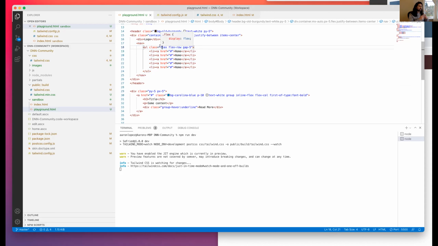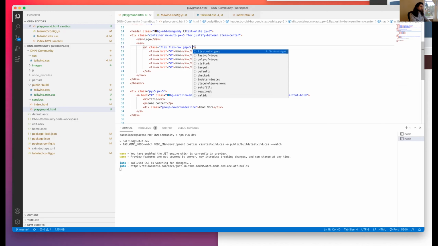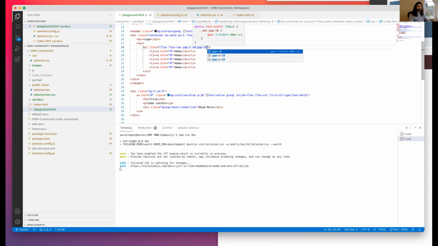The other thing is that, you can, what was the other thing? Yeah, so there's no guesswork. A lot of people complain about there being too many classes. But actually that's really refreshing, because you can just go, okay, gap 5, and then I'm going to say MD gap is maybe bigger, gap 10. So I make it a little bit bigger. It's a really refreshing way of doing that, because there's no jumping around.